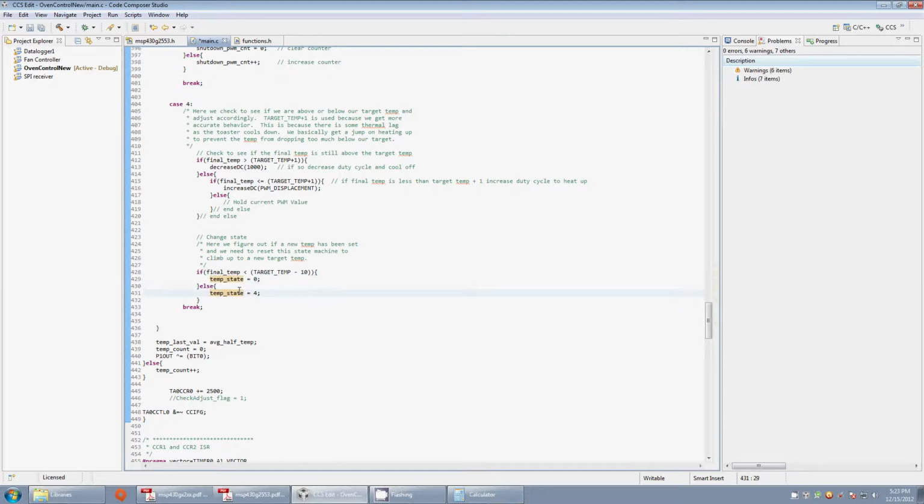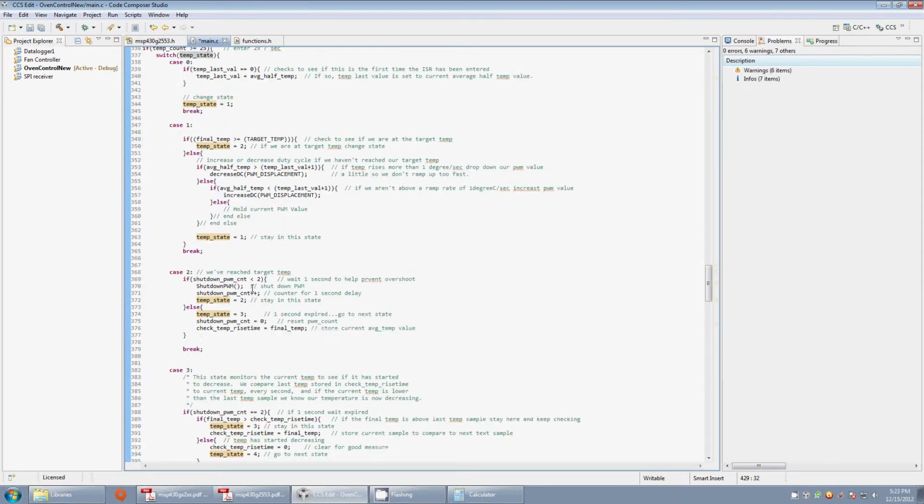So really what happens is when we hit 140, we make our way down here, and this is how we get our hold times or our soak times. We see that our current temperature in the oven, 140, is not less than our target temperature, which is still 140. For that 45 seconds, target temp stays 140. We see that this isn't true, so we stay in this state, temp 4, and continue to regulate. Once we change our target temp to 170, we see that this is true, and we restart this algorithm,